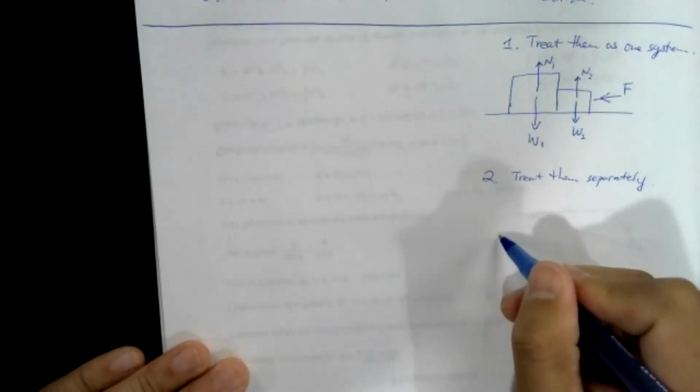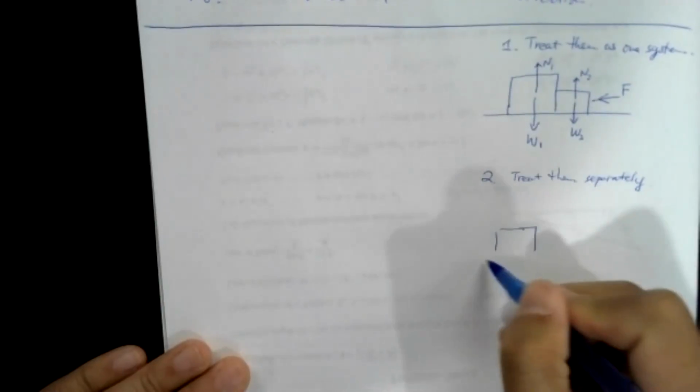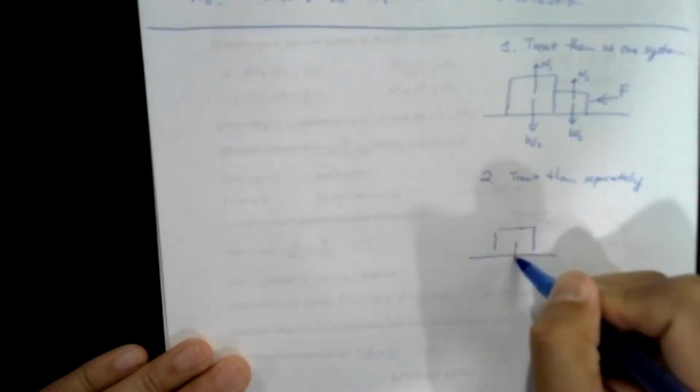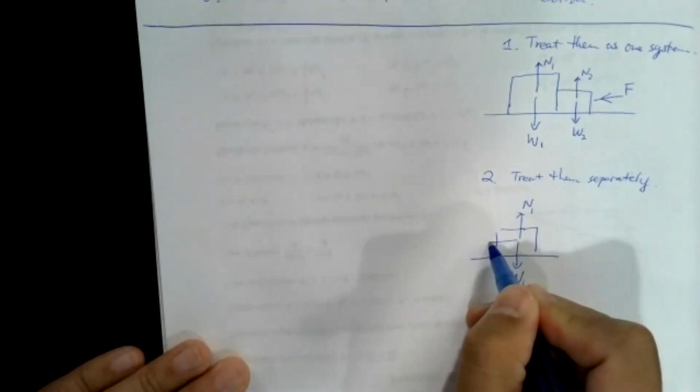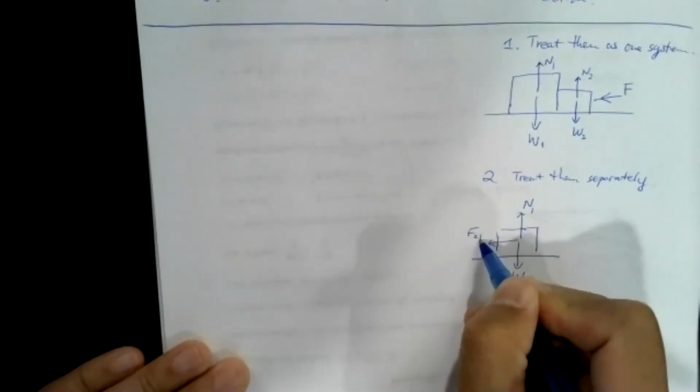So you can look at box 1. There will be its weight, and then there will be the normal force. Now there will be a force by 2 pushing on 1 in that direction. So F of 2,1. That means force by 2 acting on 1. So this is box 1, all the forces on box 1. Okay, on box 2,